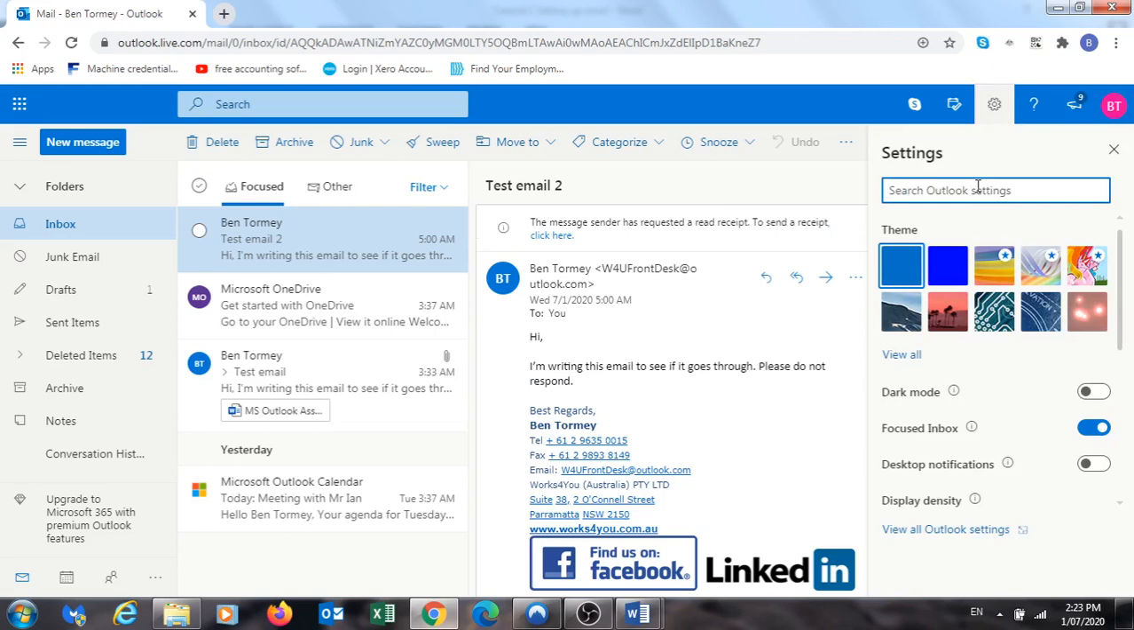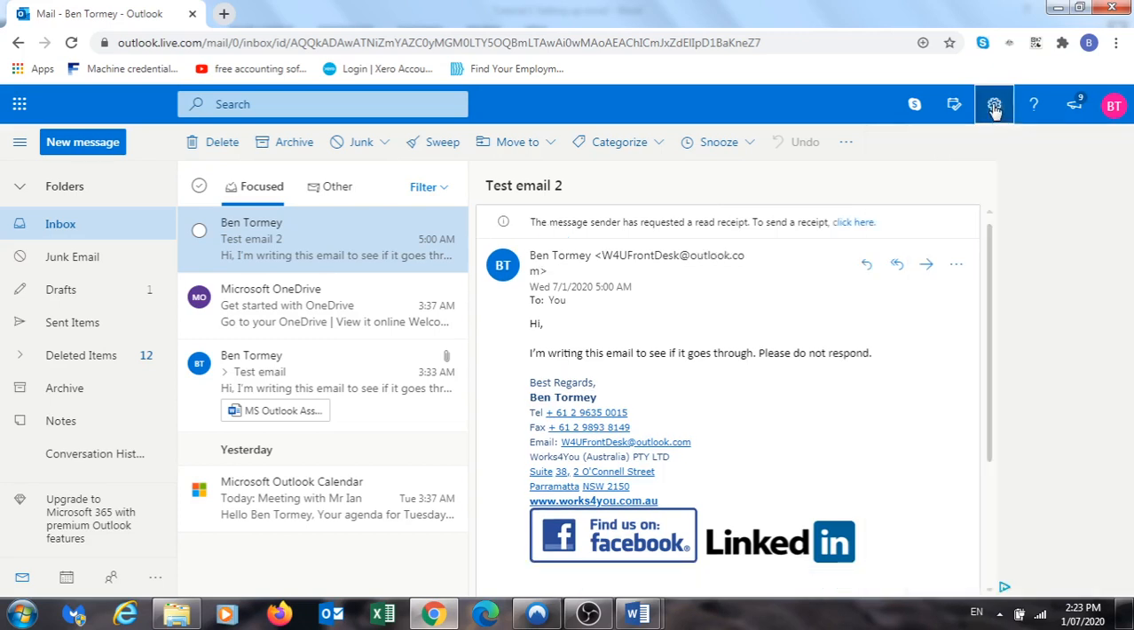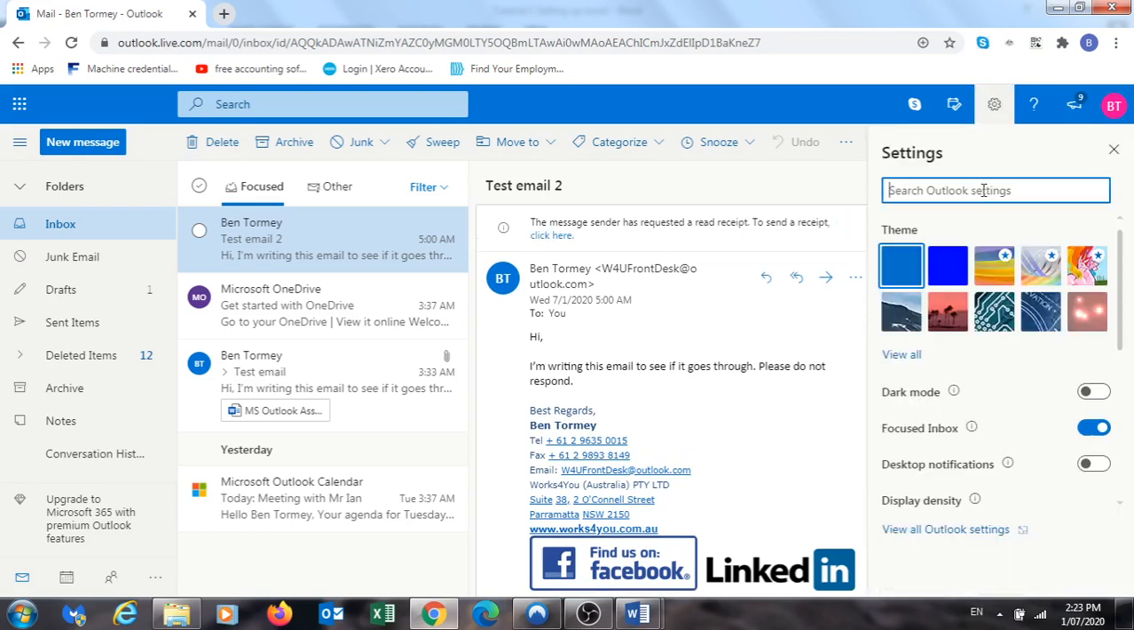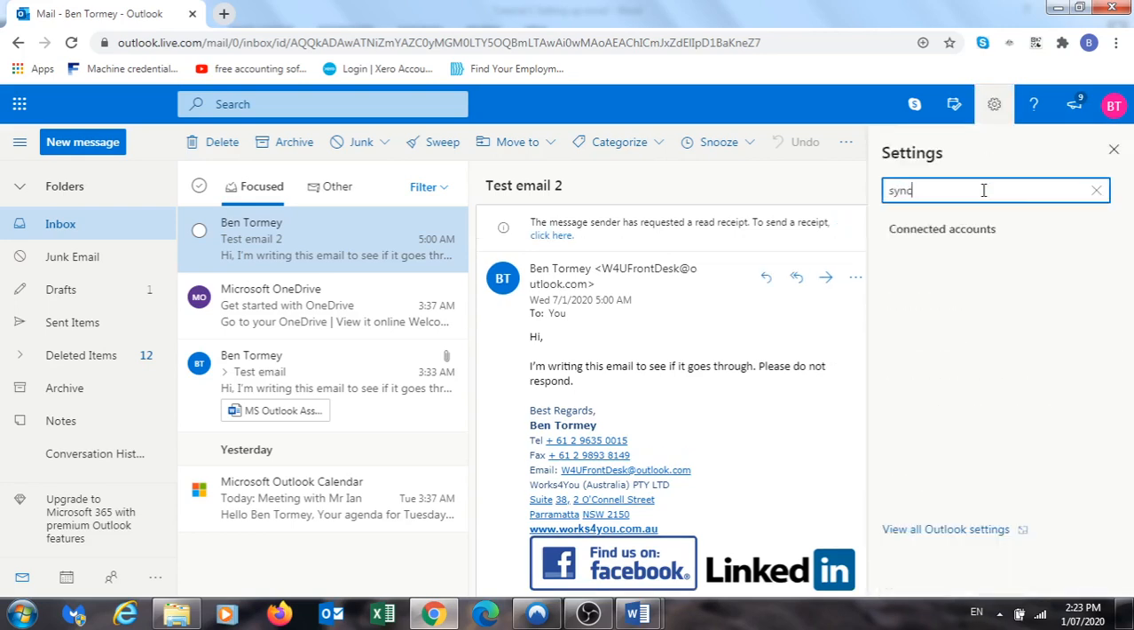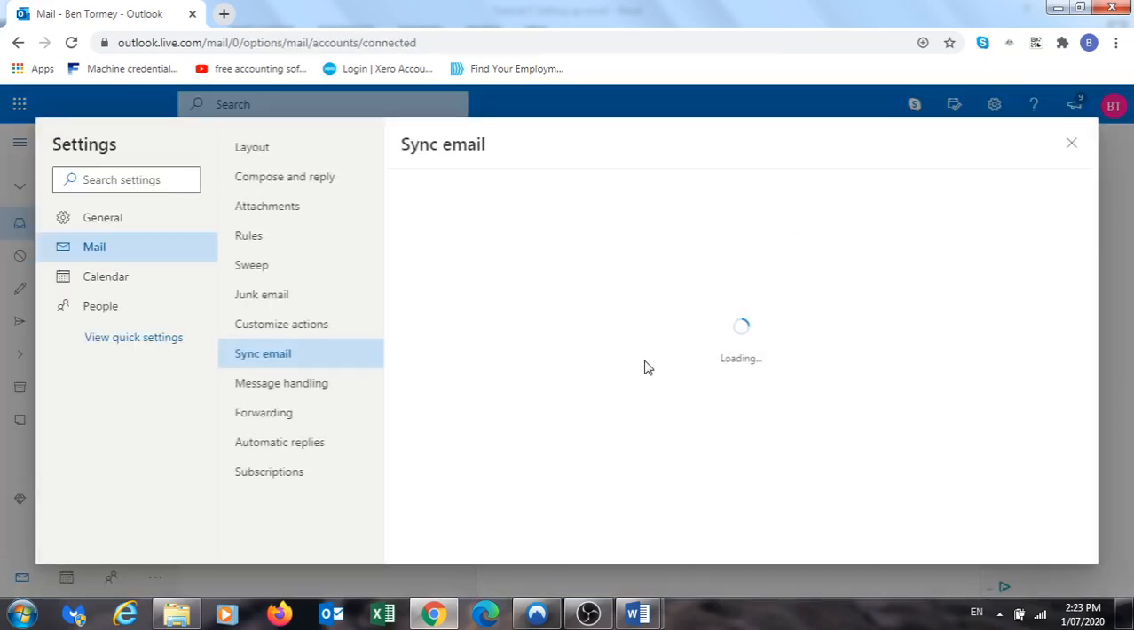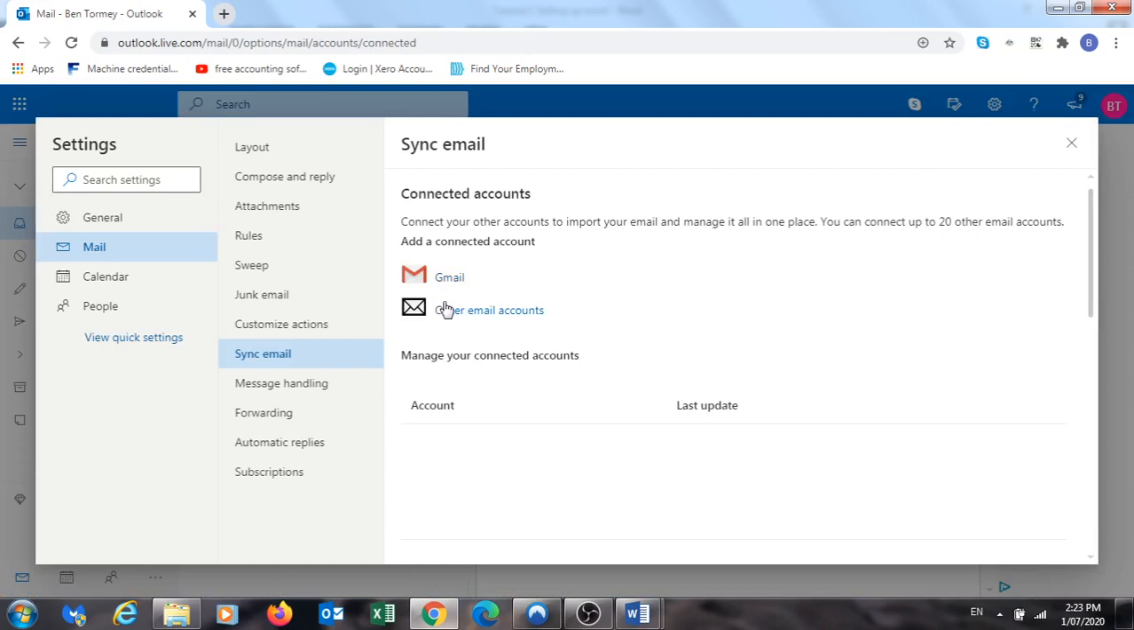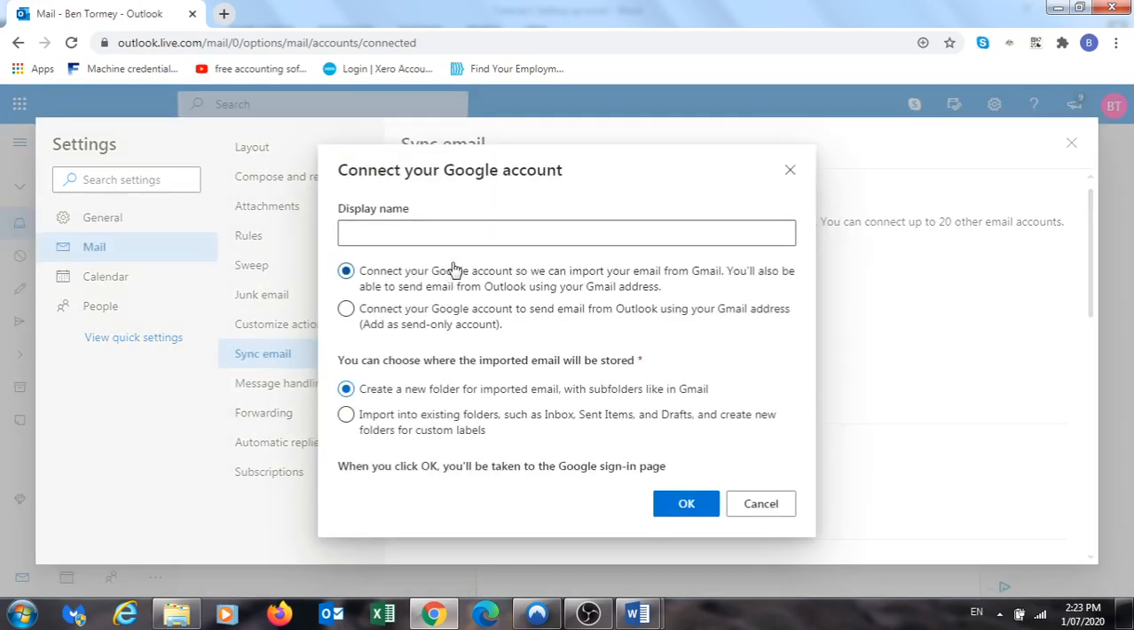So essentially, you go to the cog up here, right hand side, to settings, and then from settings you type in sync, and then you go to connect accounts, and depending on what type of account you have, let's assume here that you've got a Gmail account, you type in the name that you wish to appear. So for example, if you want to put your first name, in this case Ben's going to put his first name,